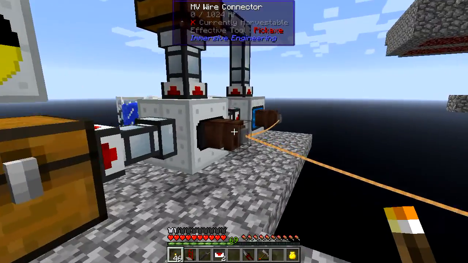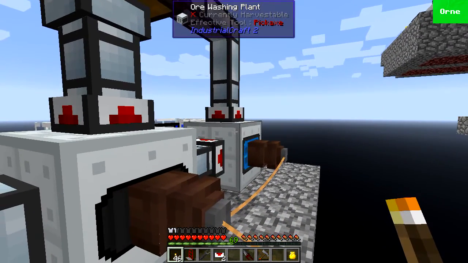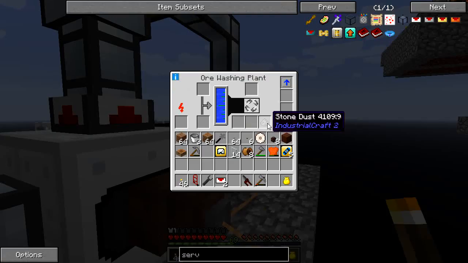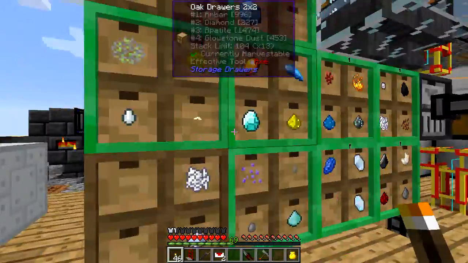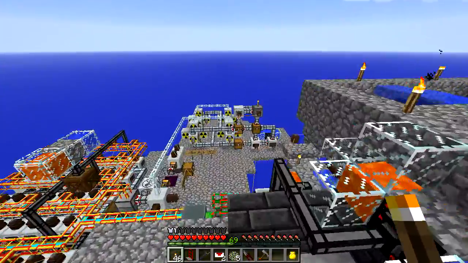Yep, so I made one more modification to the fuel refining automation, and that's to add an ore washing plant. So what I've done is added the ability to take the crushed obsidian from over here, crushed uranium, and if